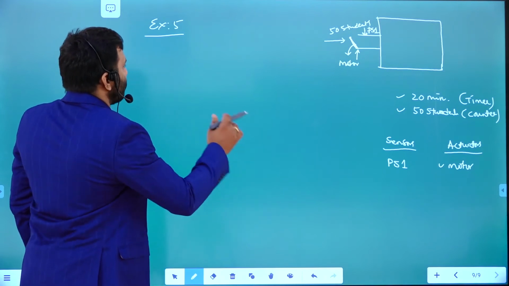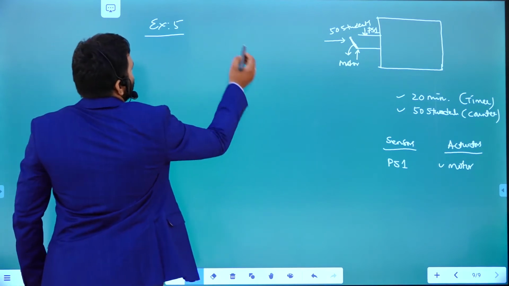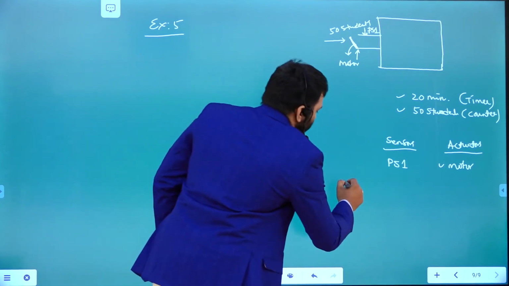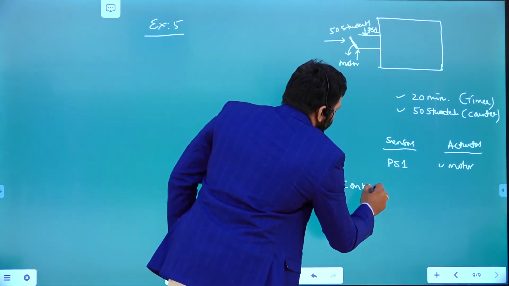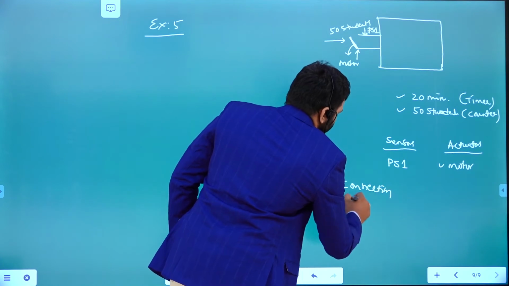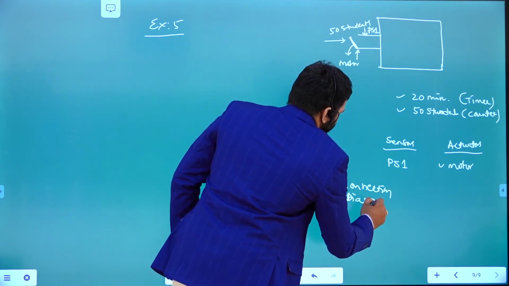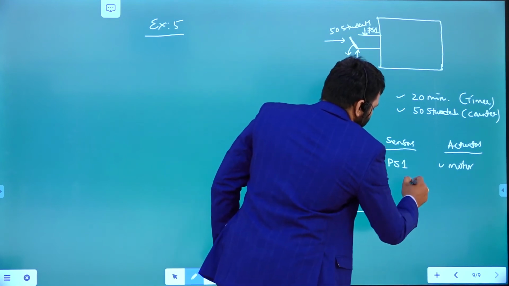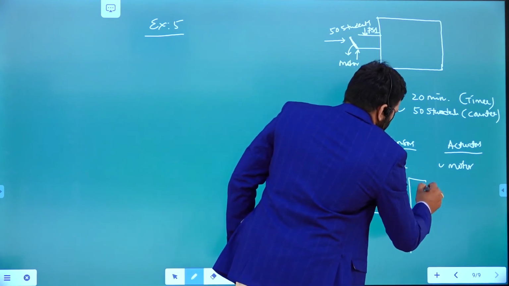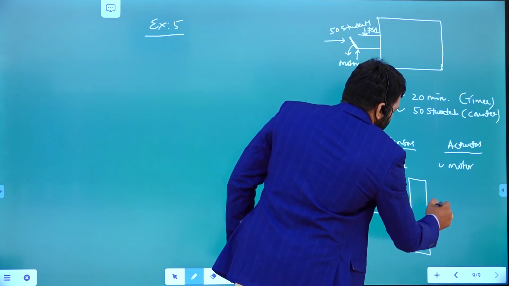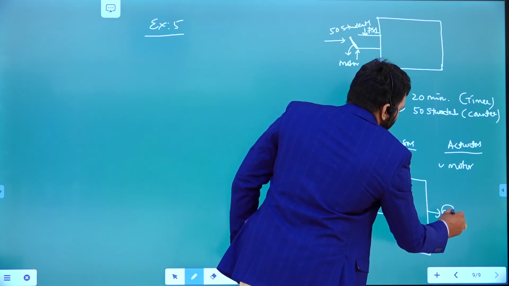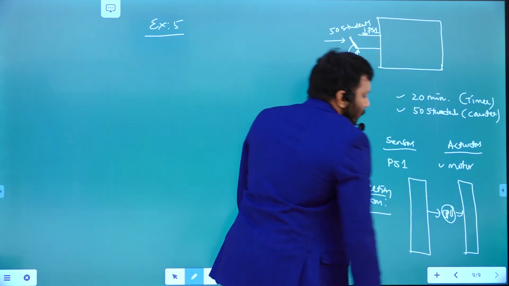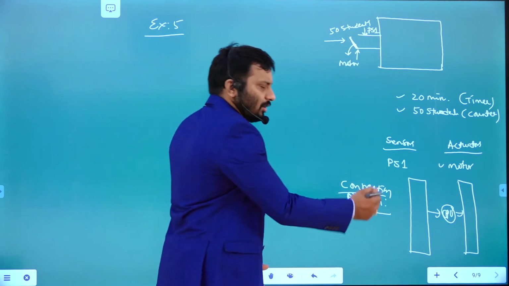For this application, first you make the connection diagram. Sensors and actuators you connect. Connection diagram, if you see here, CPU, same thing. You can also draw this and connect according to your task.